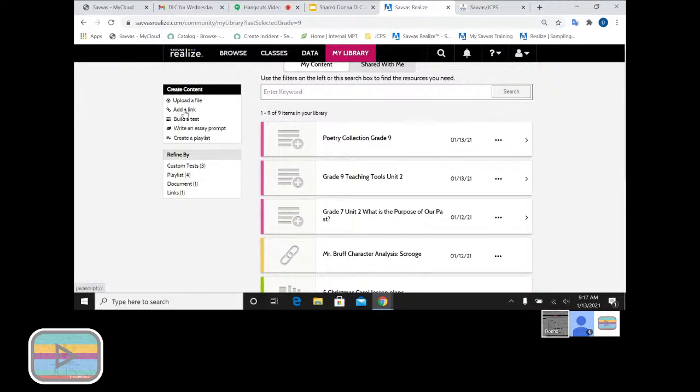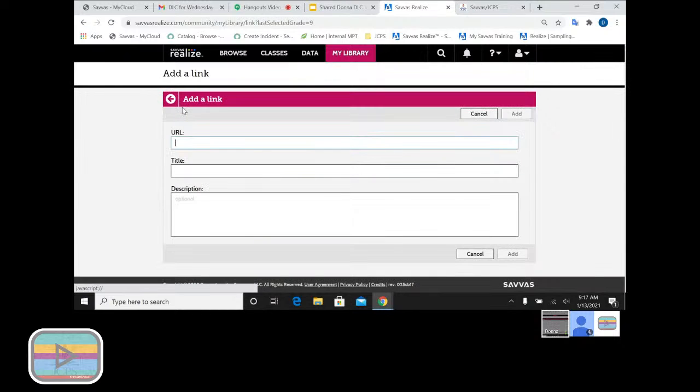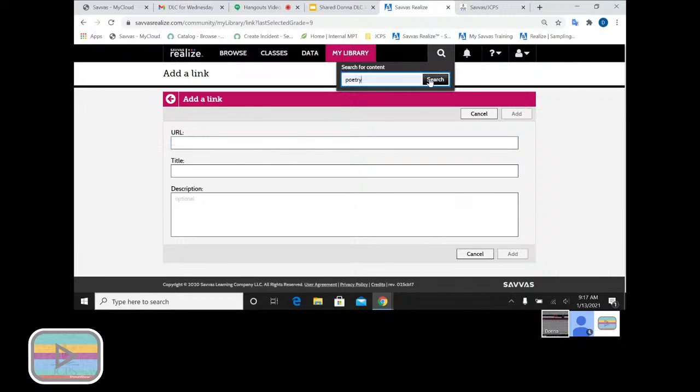The second way to pull information, aside from just clicking on that add to playlist from Savvas Realize, is to add a link. Now, this is the feature that you're going to need from Mosaic by ACT. If you recall, I told you to notice that there is no add to playlist. So let's do something a little more related to